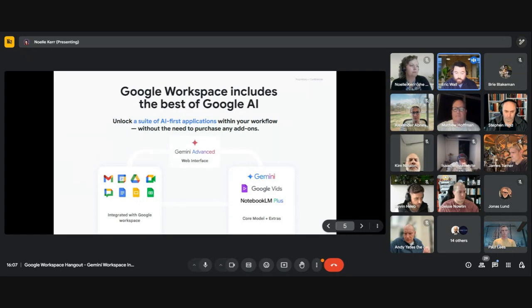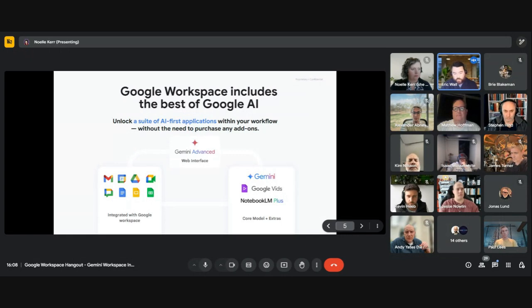So the two most interesting ones that we've seen at the moment are Google Vids, which is obviously still in its early stages, but it's the ability to generate video content with Gemini. And then we're also looking at Notebook LM. And this came out probably the back end of last year. And really what this is looking at is the ability to use Gemini as a large language model, put some context on top of it, whether that be your own sources, your own documents, web pages, or whatever have you, and then be able to reference and interrogate that data. So it's a really interesting way to look at it. These are now all built in as core SKUs.